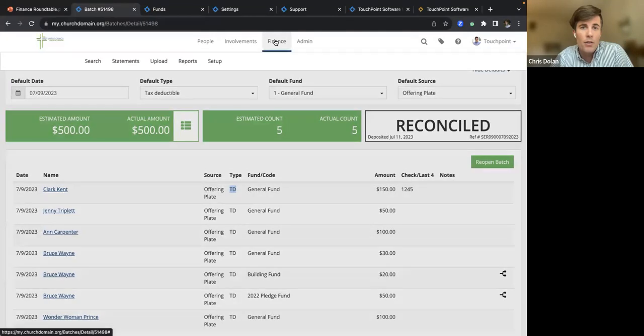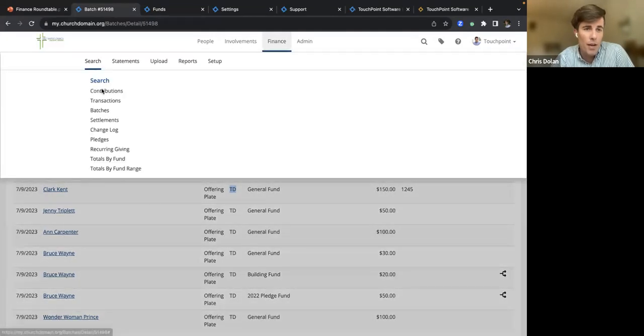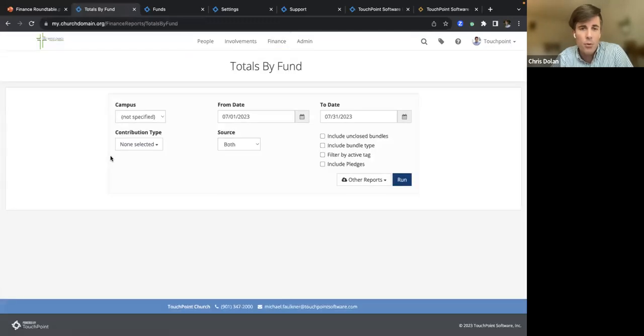And if you're running the totals by fund report, which is how several churches do their reconciliation, you will have the ability to select whether you want to see just the tax deductible contribution items, or the non-contribution.